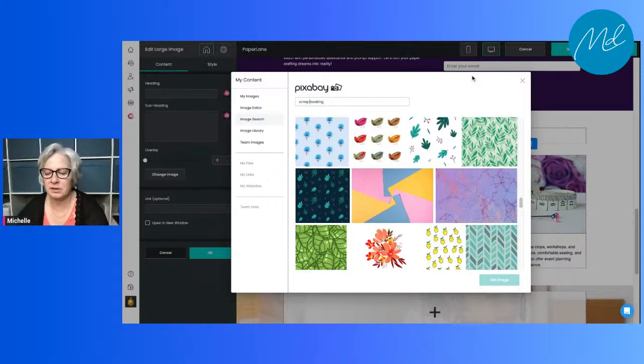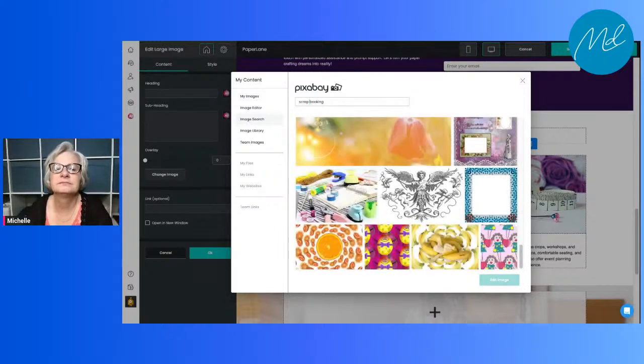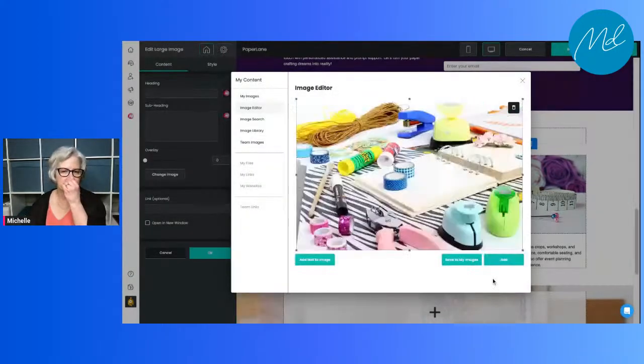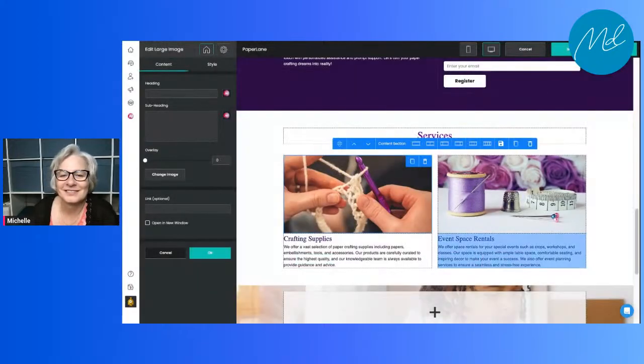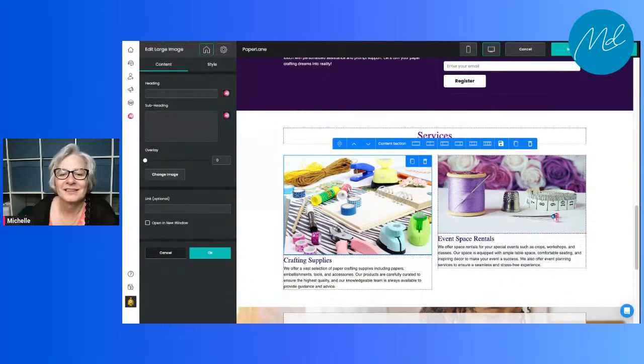I might want to play with this whole bit. Here you go. This is not too bad a one. We got paper punches in this. We got, I guess that's a scrapbook. I kind of like this one. I'm going to choose this one, put in that particular little box. There we go. Look at that, just like that. We changed it. I could do the same thing with this over here.